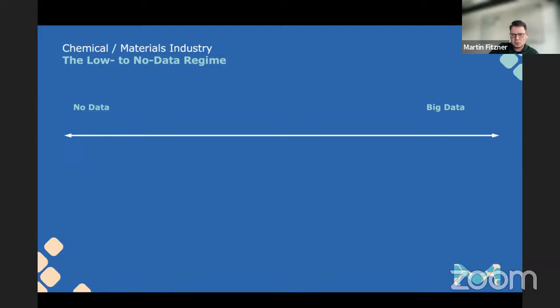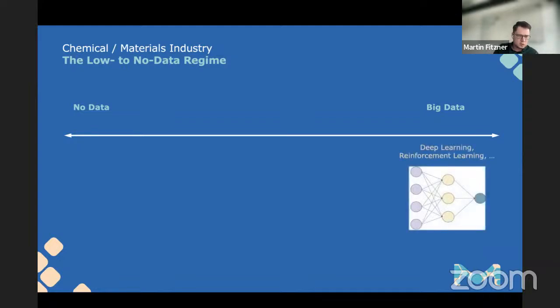So, and this is why I want to start with this little view here. Basically, in what data regime are we operating mostly? And there's, of course, on the right, the big and famous latest and greatest big data world. You know, everyone, I think, has heard of all the latest buzz going on in the LLM world, or things like AlphaGo and these kind of works. And they happen in the big data world. That means hundreds of thousands or millions of data points, or even infinite amount of data points if you think about rule-based things like games, which you can treat with reinforcement learning.